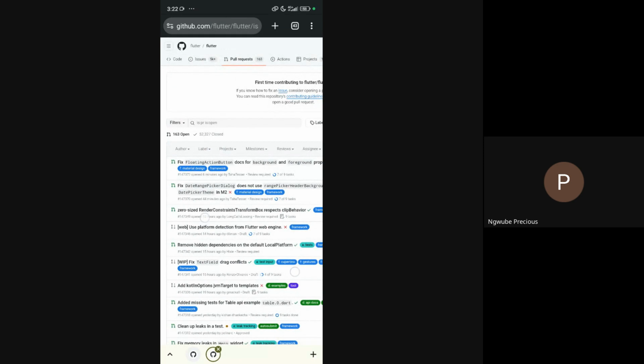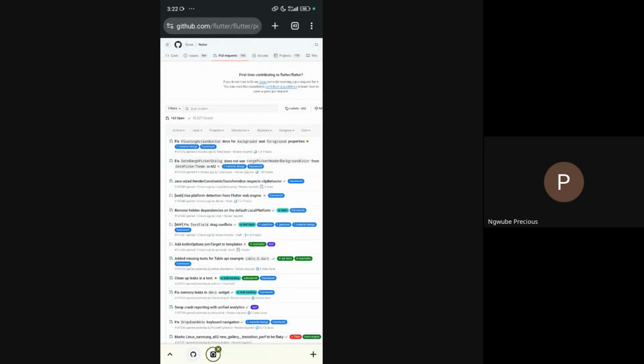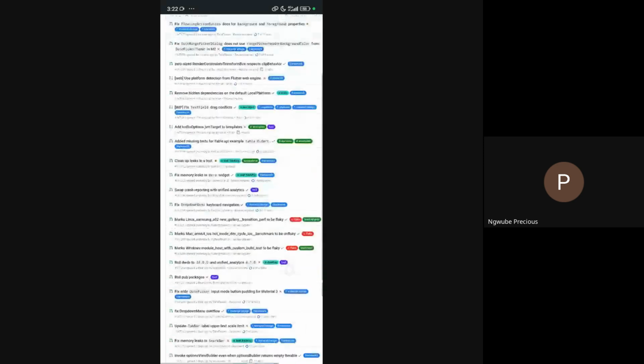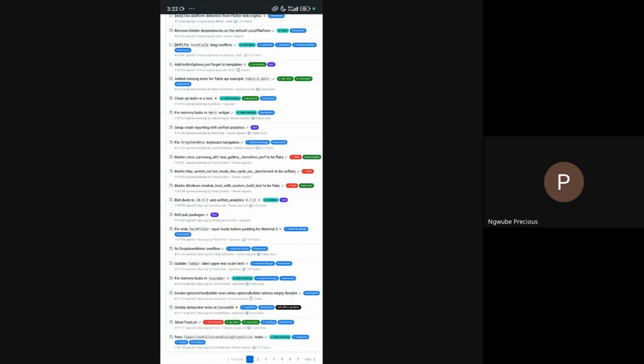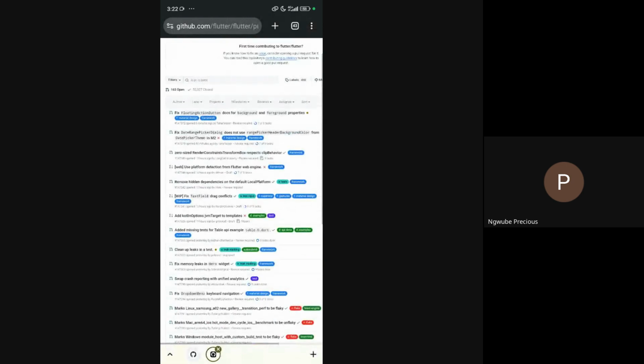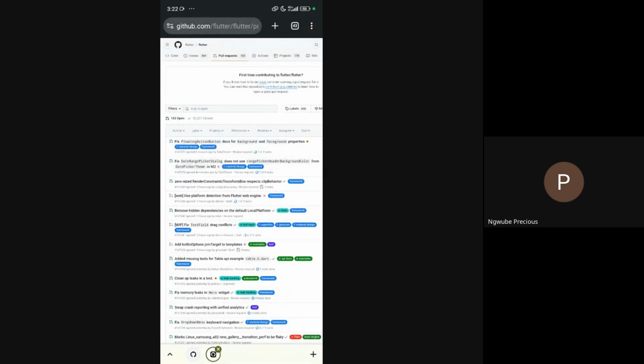Now the pull requests show where members of the community have tried to solve some of those problems and issues, and they are submitting them. People will review and pass them. When they get merged, the overall Flutter repo gets corrected. But to get started with Flutter contribution,